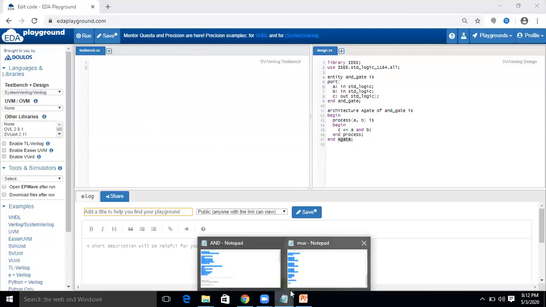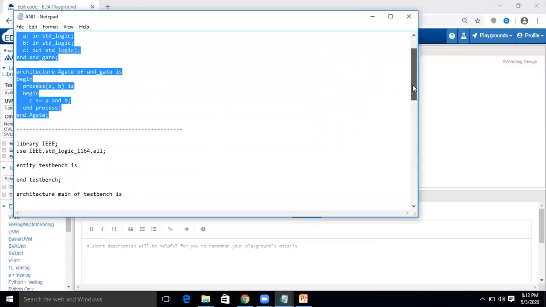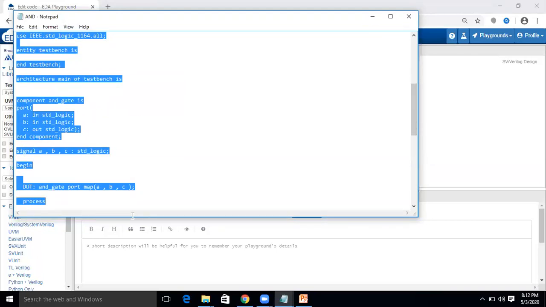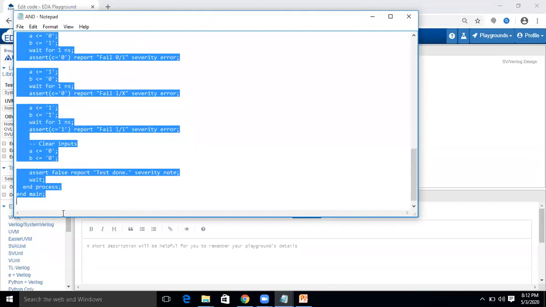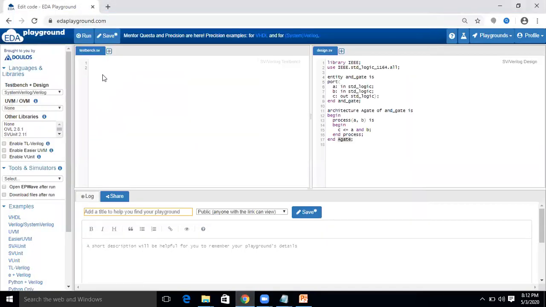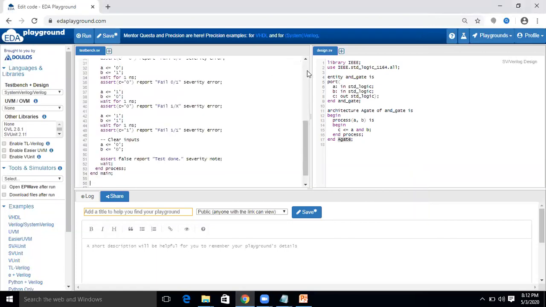So I will use the test bench code which I have written in the notepad. Just paste the code here.